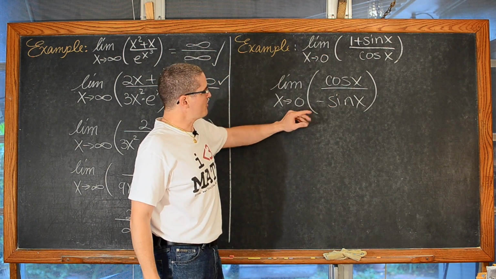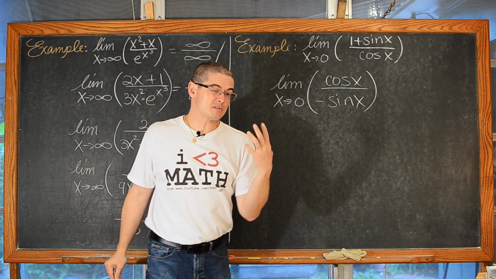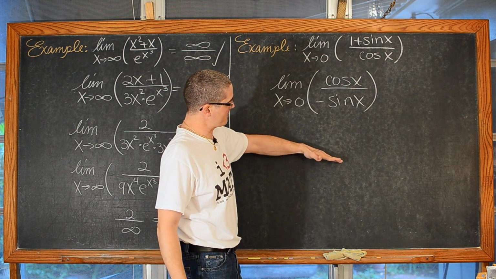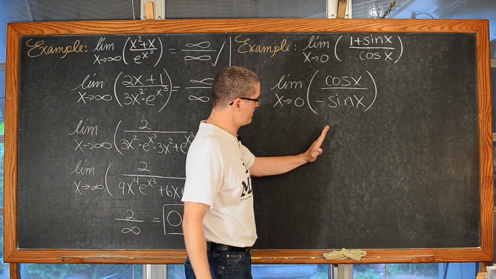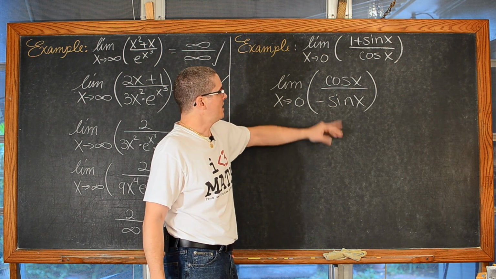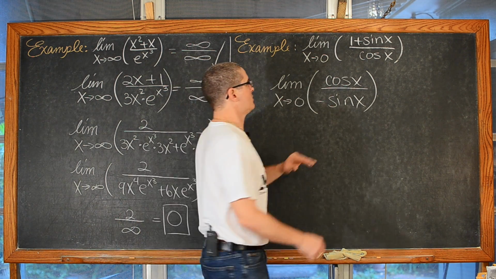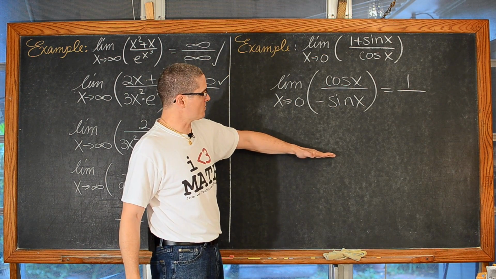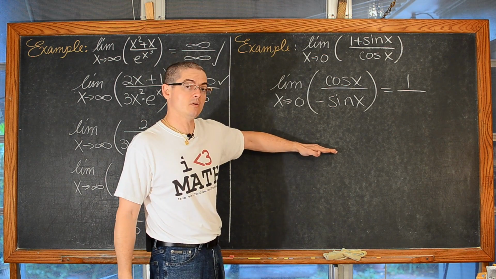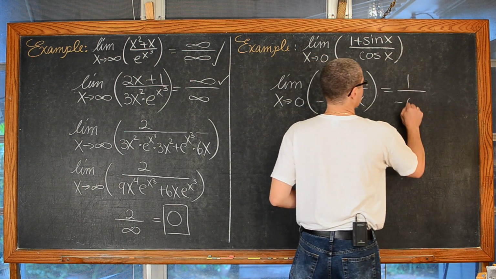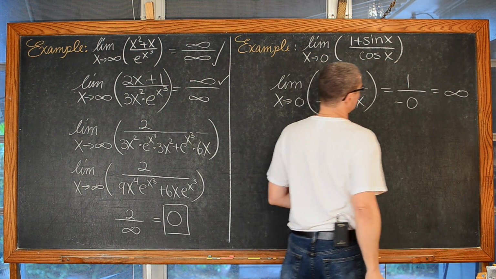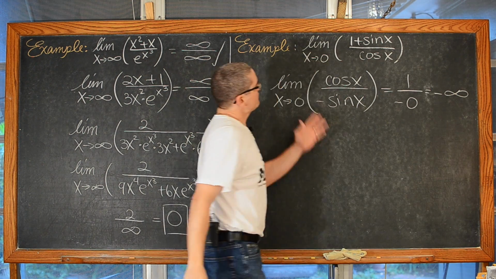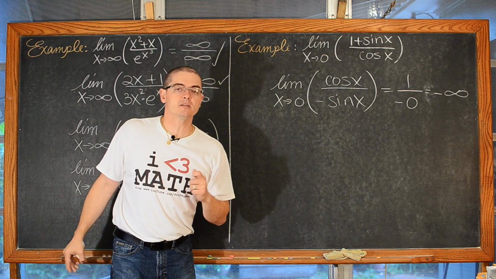Now remember, x is in a trig function, so it is an angle measure. As you let x approach 0, and of course we're talking about positive rotations, the cosine of 0 is going to be equal to 1. The sine of 0 radians is going to be equal to 0, but there's a negative out front. So it would appear that the limit as x approaches 0 for this expression is going to be negative infinity.